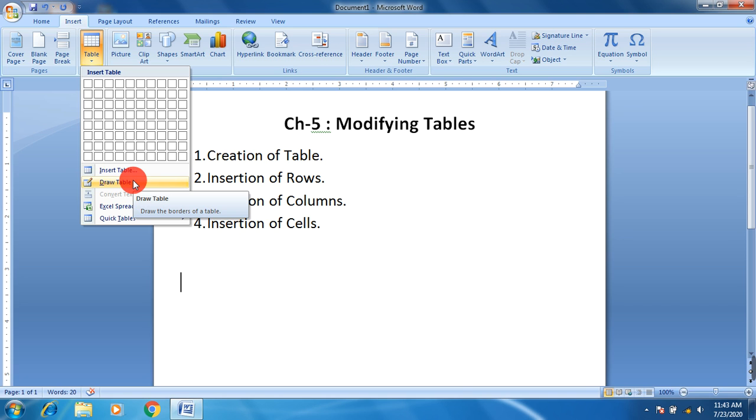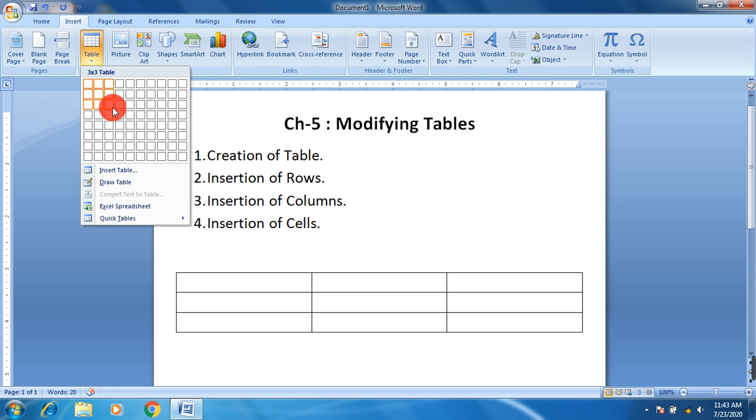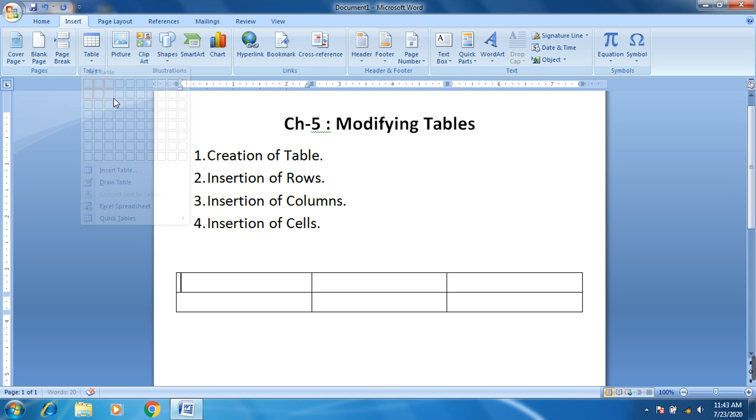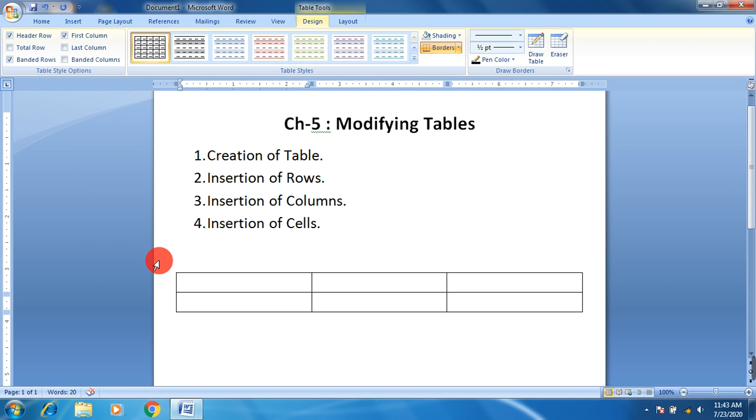So I am going to take a simple step for inserting table using this dummy table. What I am going to do is to make a table of 3 cross 2, means there will be 3 columns and 2 rows. So now I have my table ready here in my page.